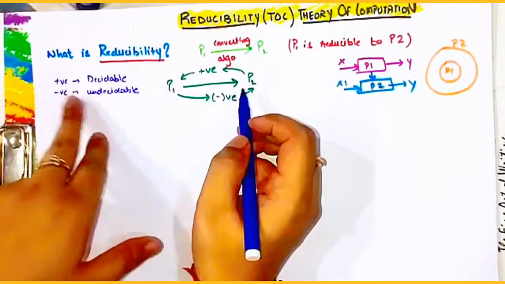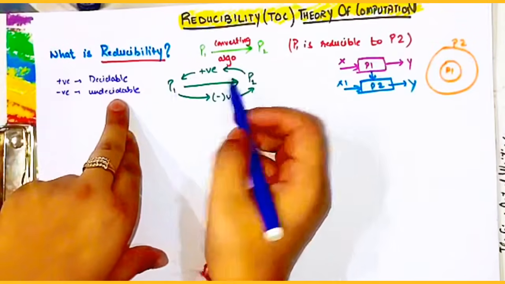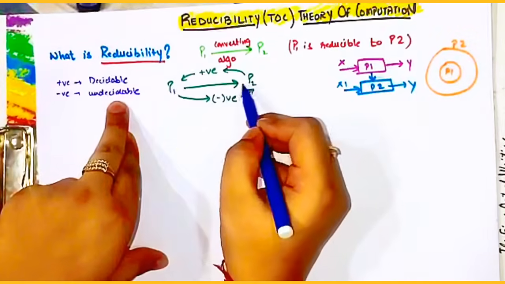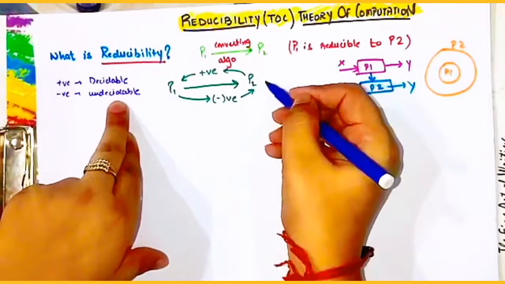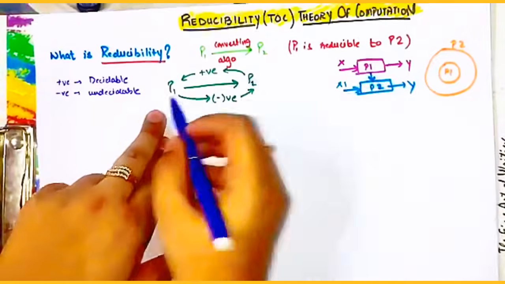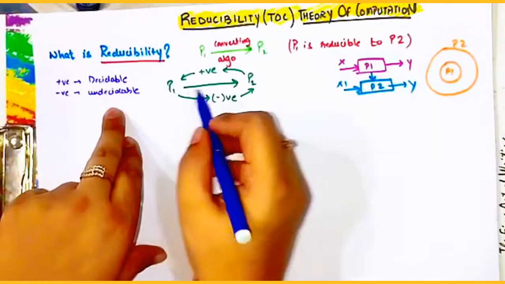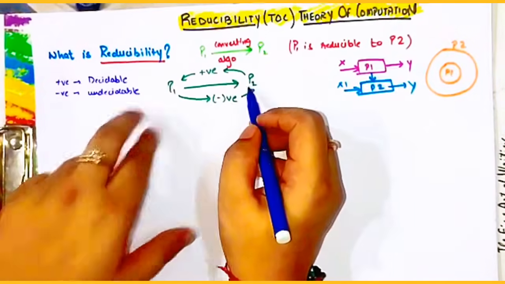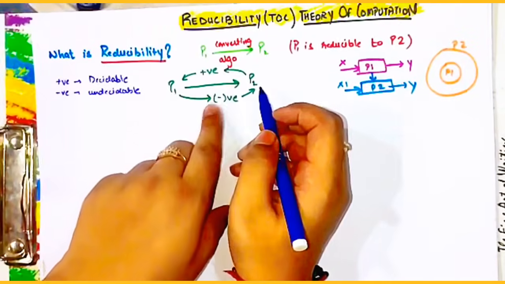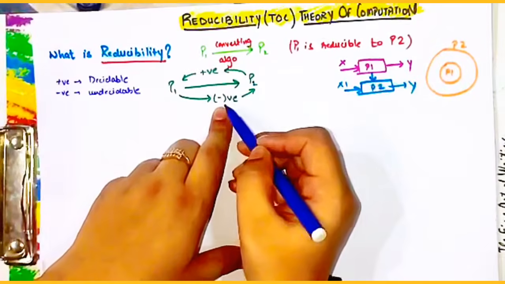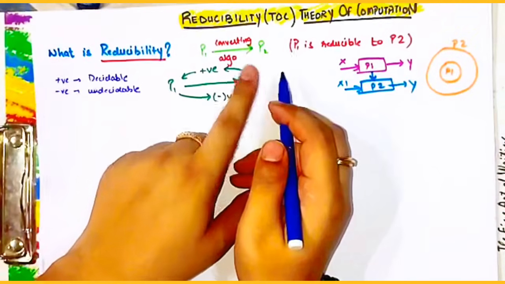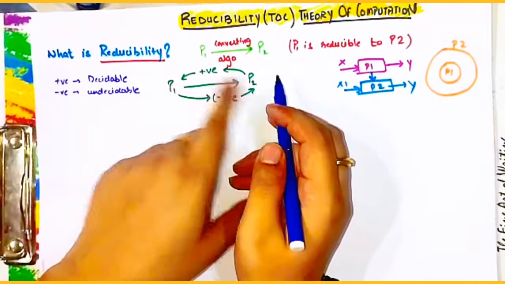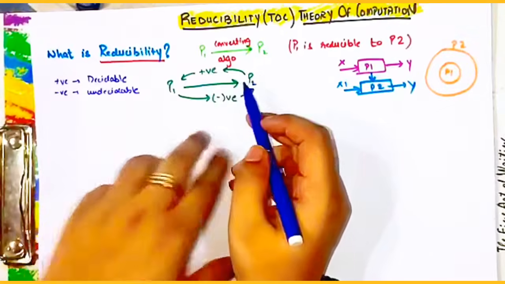What is negative here? Undecidability is negative here. If P1 is decidable, it will not give anything to P2, means it will not make P2 decidable. P2 can be decidable and can be undecidable. But if it is undecidable, then for sure P2 will also be undecidable. So this is what we mean by negative thing. This is a very easy trick to remember, that this side will always give negativity to P2 and this side will always give positivity to P1. Now you can all understand it very easily.